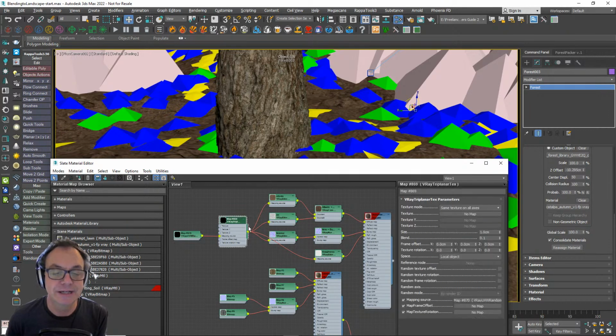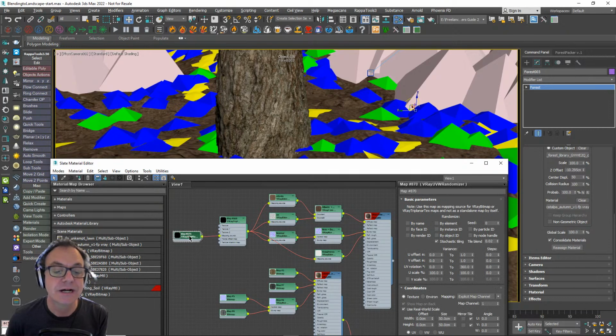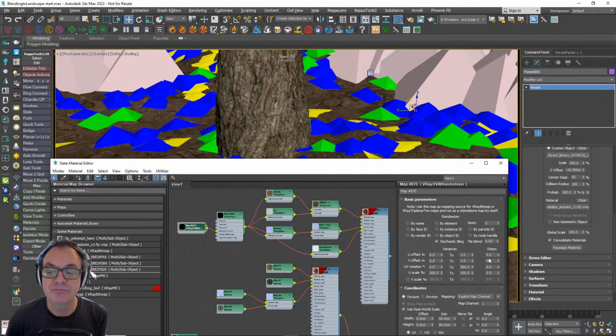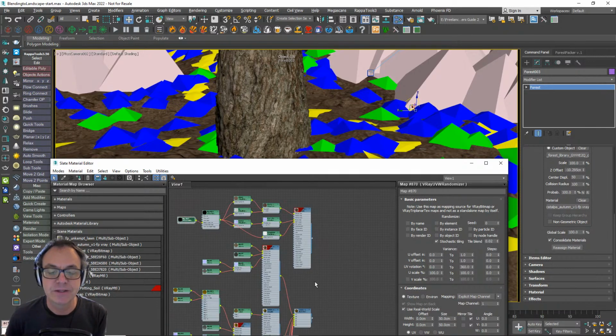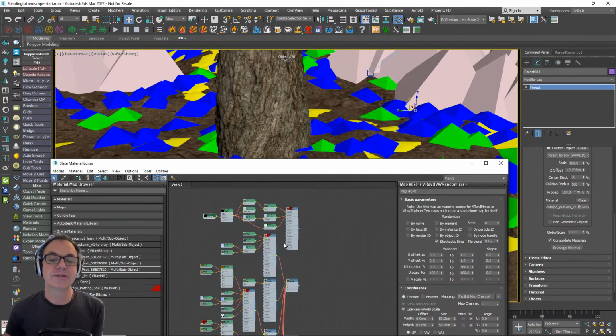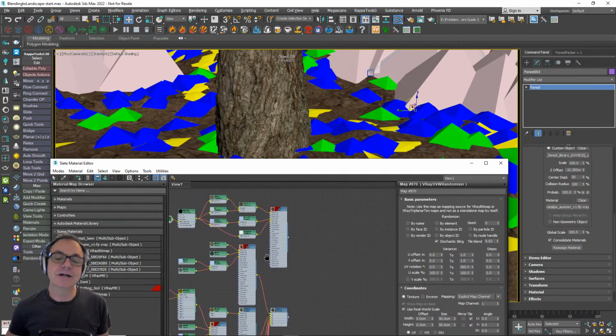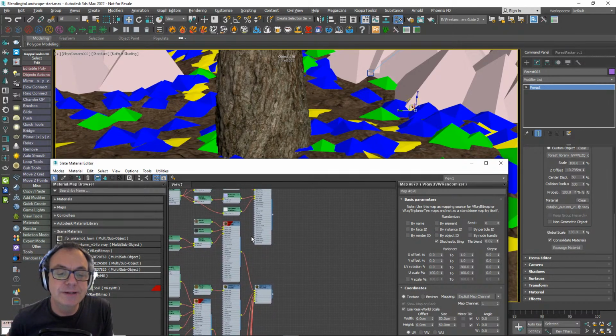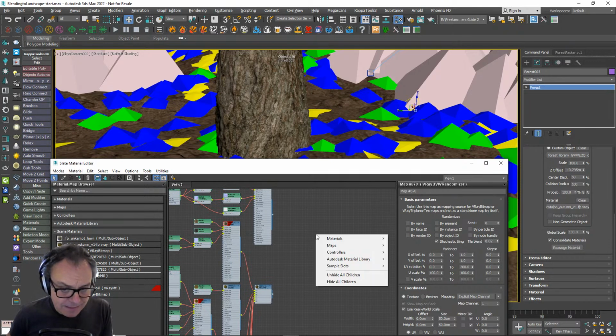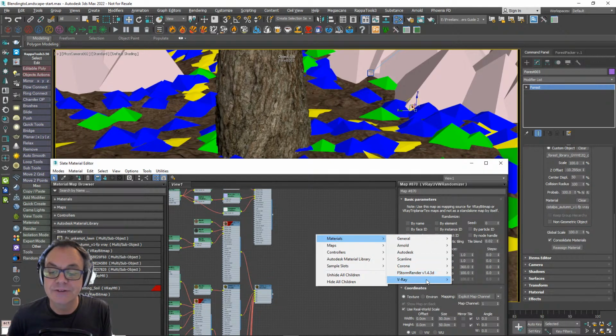So you'll see in this node here, for example, I'm using triplanar texture mapping, which saves me from having to manually UV wrap anything. I've also got on this ground texture here a V-Ray UVW randomizer with stochastic tiling on, so that you can't see any texture repetition. But that's by the by for this particular approach. So what I'm going to do is basically blend these two together, and I'm going to do that by using a V-Ray.